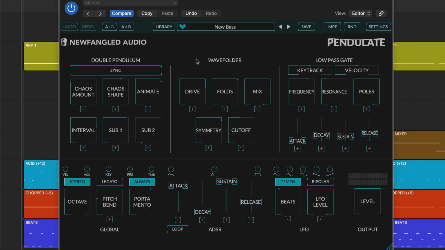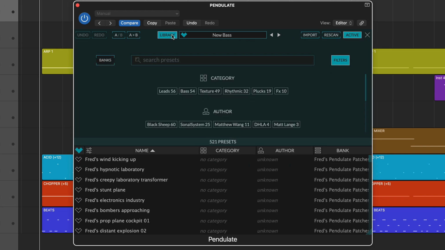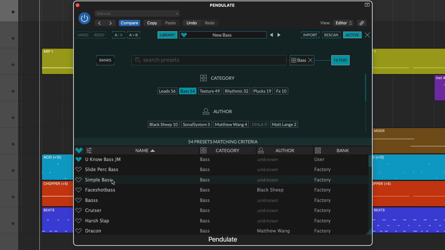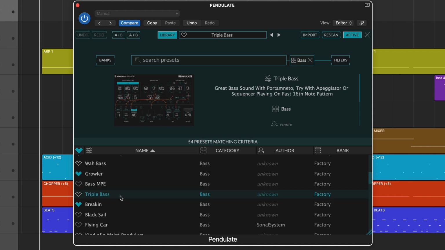Now let's take a look at the presets. Pendulate has a very capable library of over 200 presets, and with the library open, selecting the filters option reveals the relevant categories and corresponding number of presets. There are plenty of solid basses, such as simple bass and triple bass,